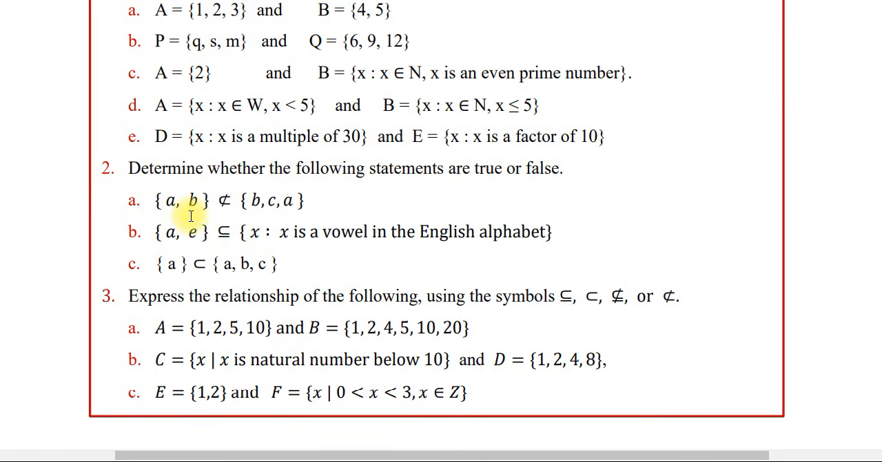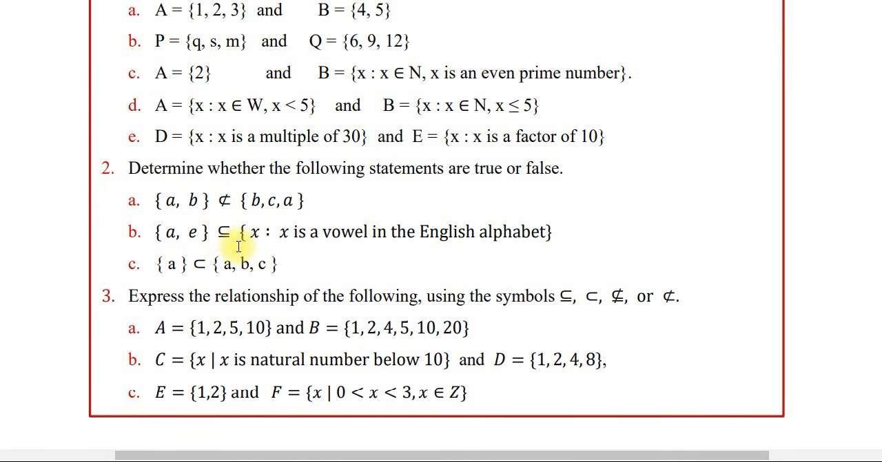ኤ ቢ ኢዝ ኖት ኤ ፕሮፐር ሳብሴት ኦፍ ቢ ሲ ኤ። ይሄ ነገር ፎልስ ነው። ለምን ካላችሁ እዚህ የመጀመሪያው ሴት የዚህ ሰብሴት ነው። እንዲሁም የመጀመሪያው ሴት እና ሁለተኛው ሴት ኢኳል ሴት አይደሉም። ስለዚህ ኮንዲሽኑን ስላሟላ ኤ ቢ ኢዝ ኤ ፕሮፐር ሳብሴት ኦፍ ቢ ሲ ኤ ነው። ስለዚህ ፎልስ እንላለን።